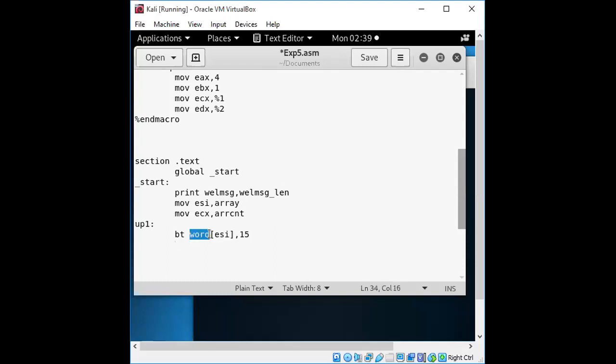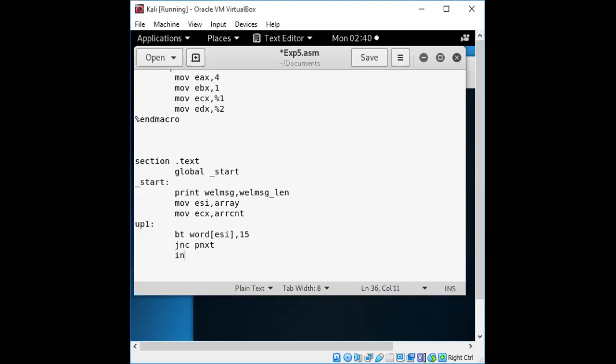So here we are going to mention it in the form of a word array, right? So it will be checked with this. Then if the number is there, then we need to point to the next, okay, so it will be identified with that number.